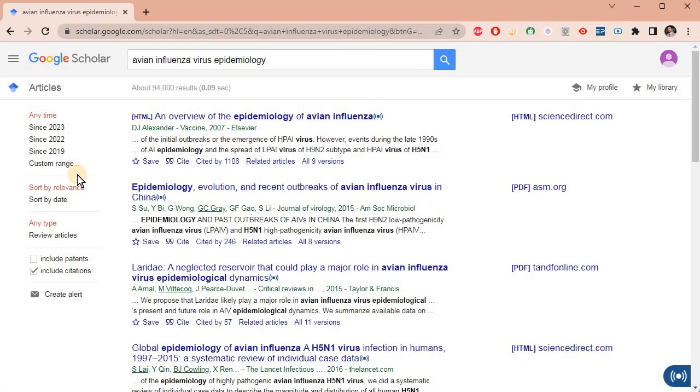Here, I can sort the articles on the basis of relevance or by date, and I can also customize the time duration, the type of the article, and so on. Also, patents and citations. On the basis of relevance, at the top you can see an overview of the epidemiology of avian influenza virus published in Vaccine Journal in 2007, with a citation count of more than 1000. For example, if I want to download the reference of this article into my EndNote library,